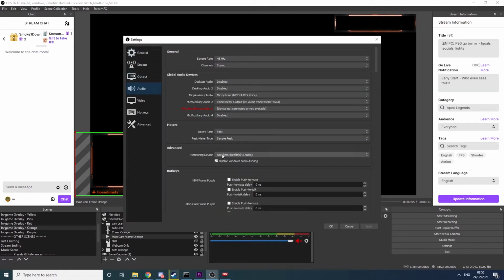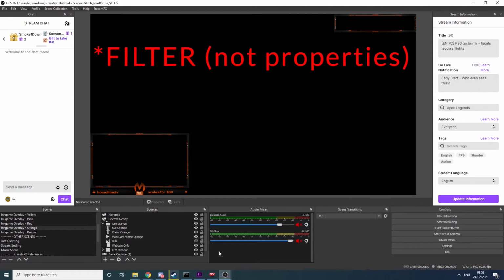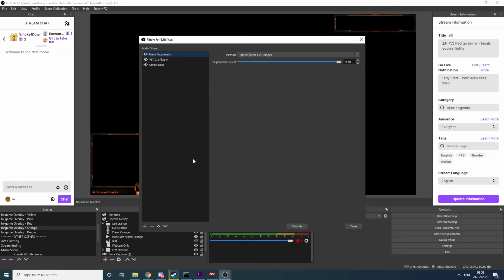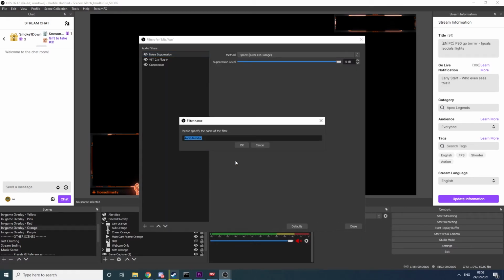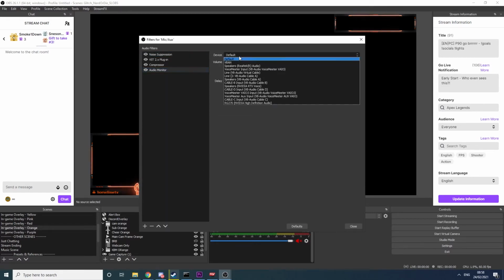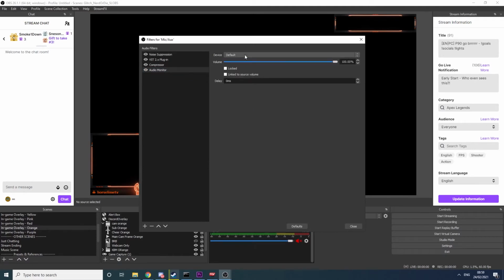However, with this new plugin, you can click on the cog and select properties and add an audio/visual filter, and you'll see the option for audio monitor. Select this and you'll immediately be able to select which device you want to route the audio monitoring to, and you can even independently control the volume, meaning you can turn it down in your headphones or on the monitoring device without turning it down for the stream. Really, really handy and way simpler than Voicemeeter.